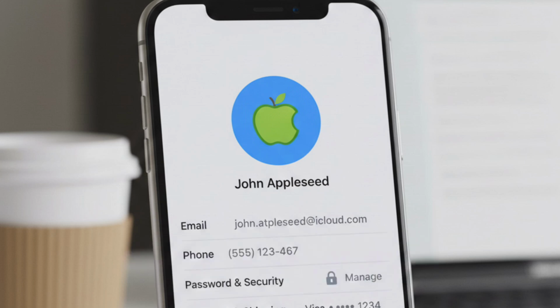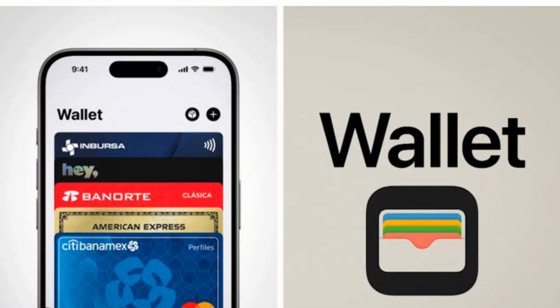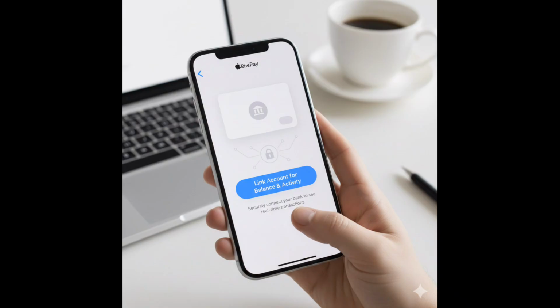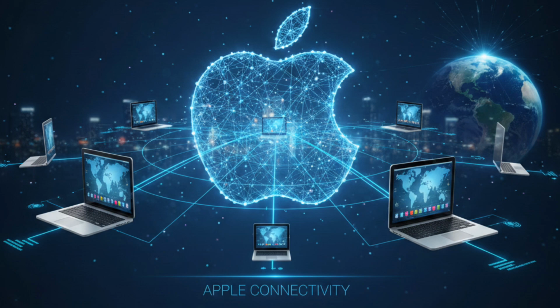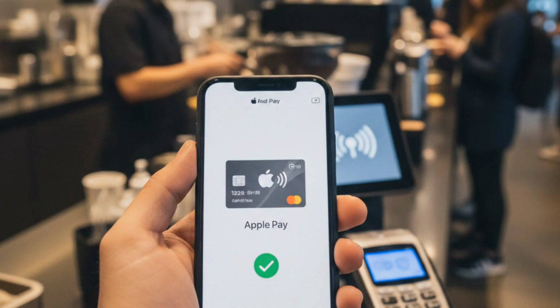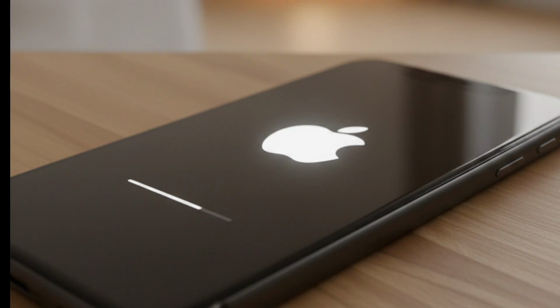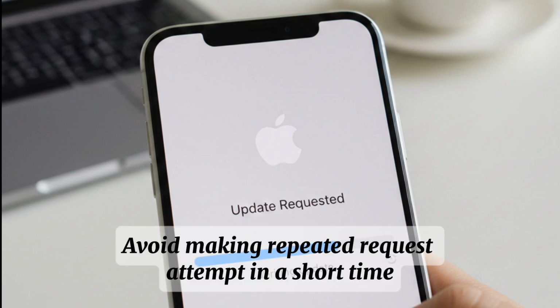Next, open the Wallet app and check that Apple Cash is enabled and linked correctly to your account. Then, confirm your internet connection is stable and Apple Pay services are not experiencing temporary issues. After that, restart your device, update to the latest iOS version, and avoid making repeated request attempts in a short